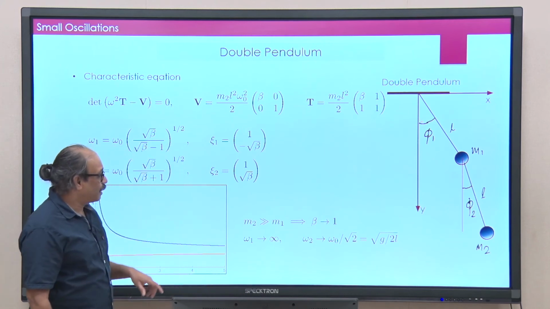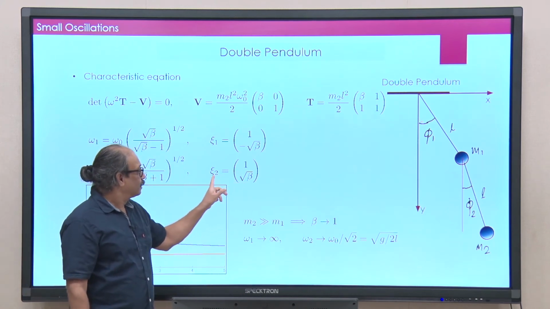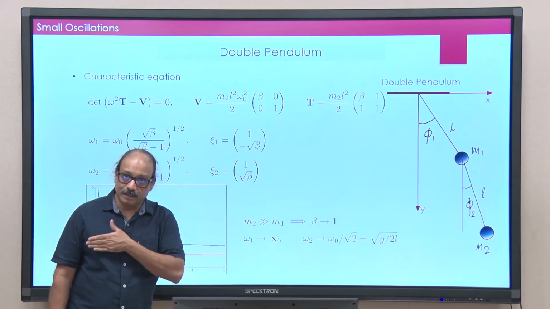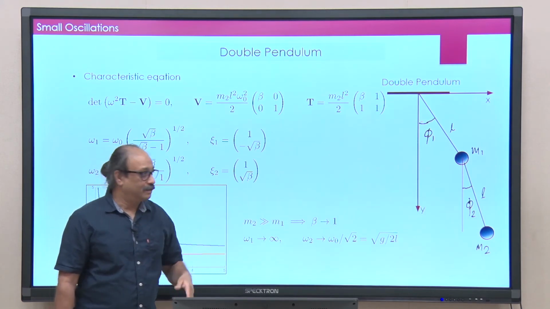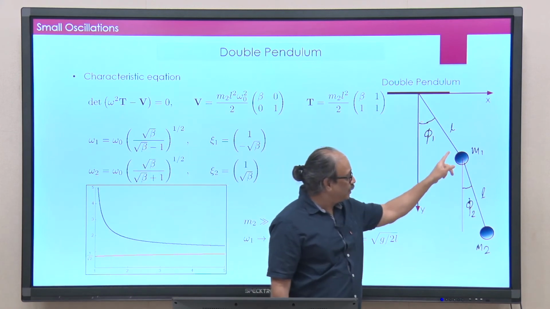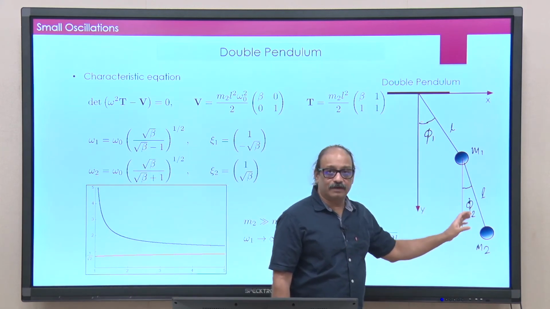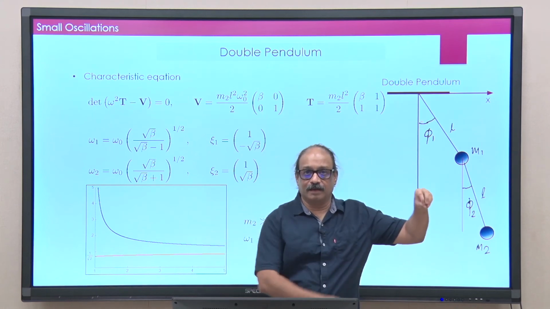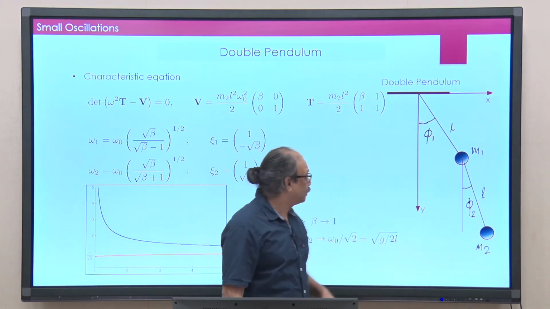Okay. And what will happen to the oscillation? Here this would be 1 and this would be 1. So, the angle that you see here between phi 1 and phi 2, you will not see, it will seem like one single pendulum of length 2 l swinging about the support there.